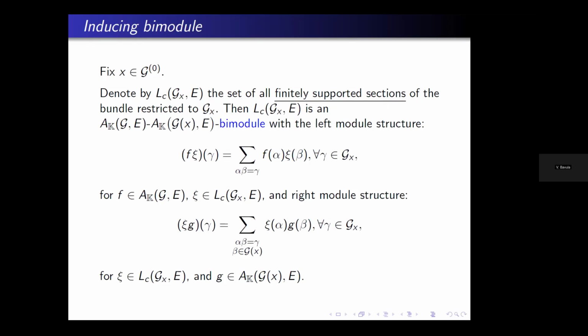Can you explain what is a finitely supported section? Okay, so what is a support? Support is all elements such that the value of the function on those elements is non-zero. Right, so we assume that this support set is finite. Before, we assumed that this set is compact, for compactly supported, but finitely supported means just that this set is finite. Why finite? Because this is going to be discrete, right? It has the discrete topology, and compact means finite now.